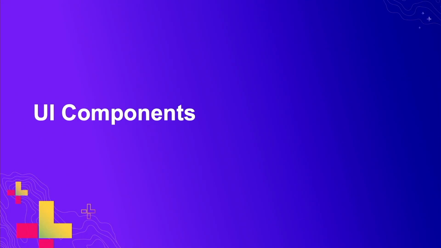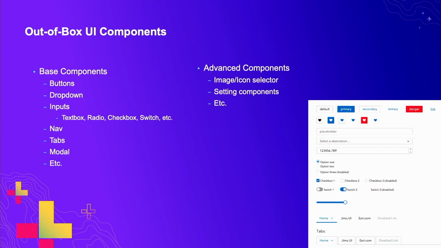So in the last section, I'm going to introduce the UI components library from the JIMU framework. In Experience Builder, we provide a library of UI components for developers to use in their UI development. With version 1.0, we have covered many of the core or common UI components, such as buttons, drop-downs, inputs, radio buttons, checkboxes, etc. And also the navigation components, such as nav and tabs, and other common components such as the modal and